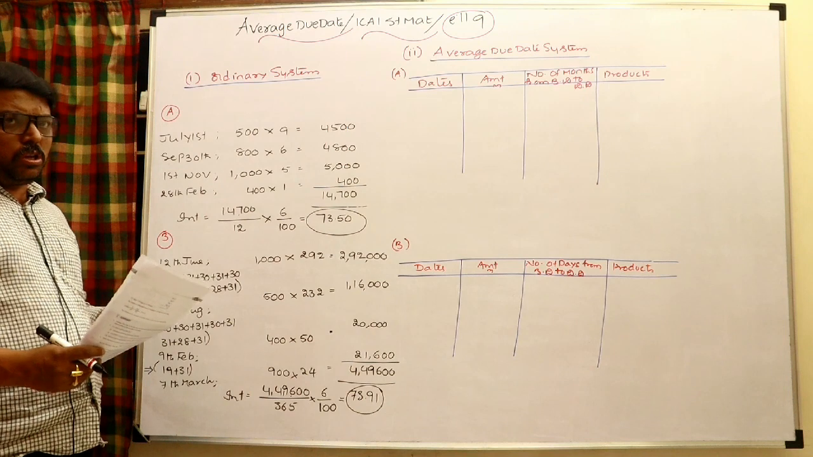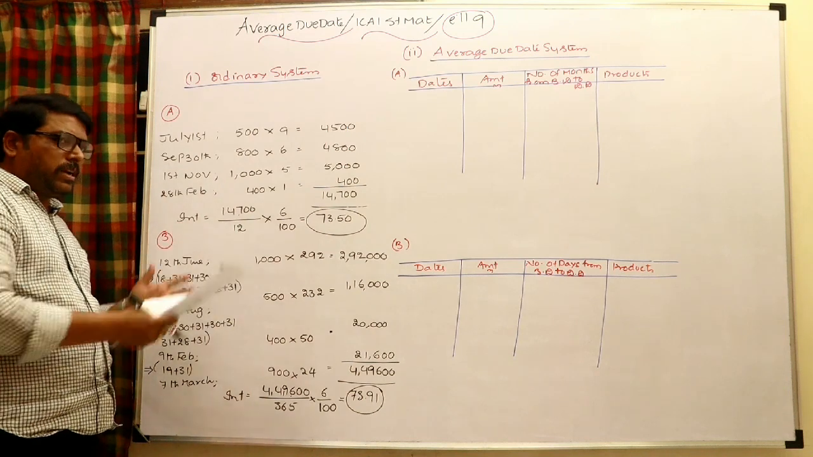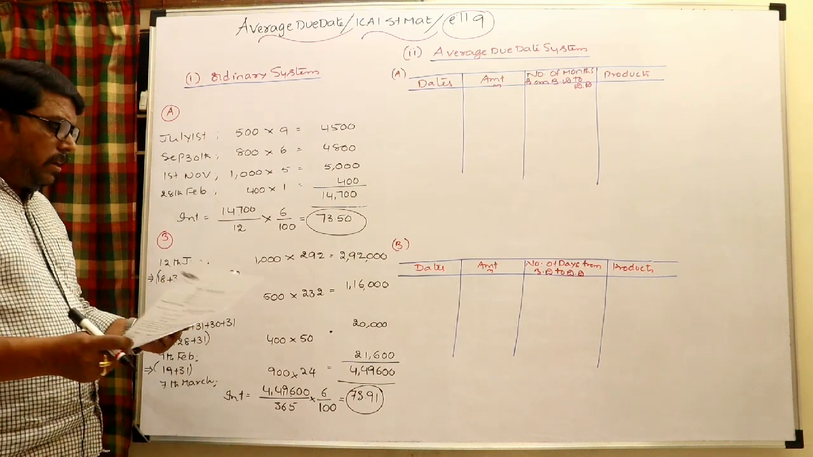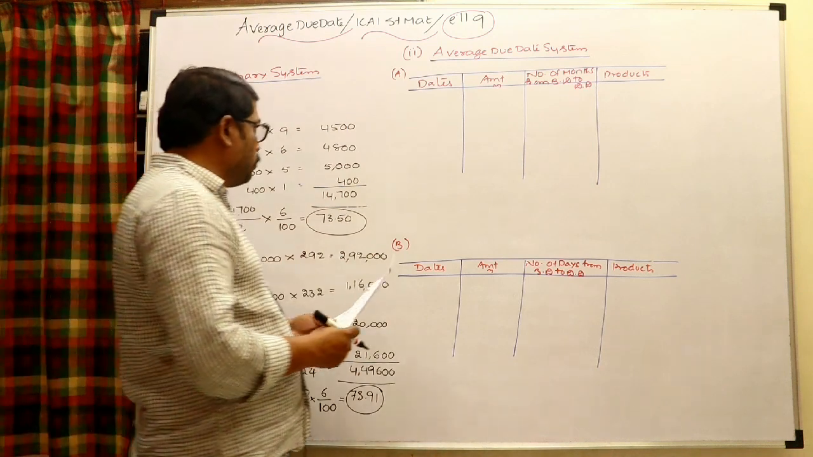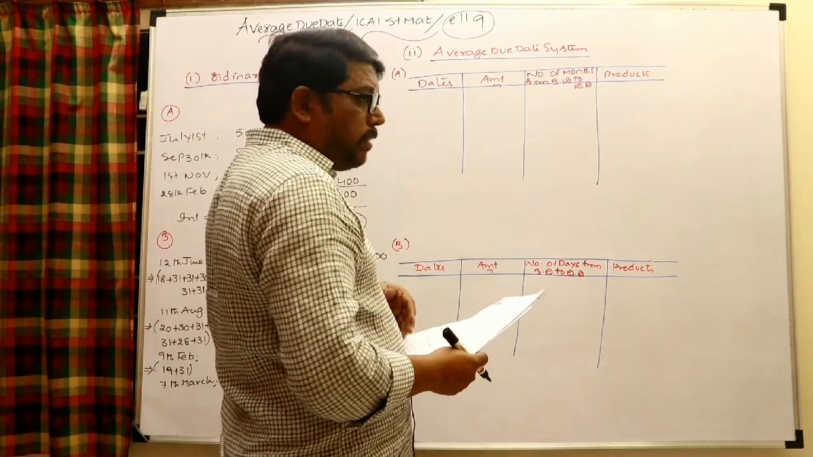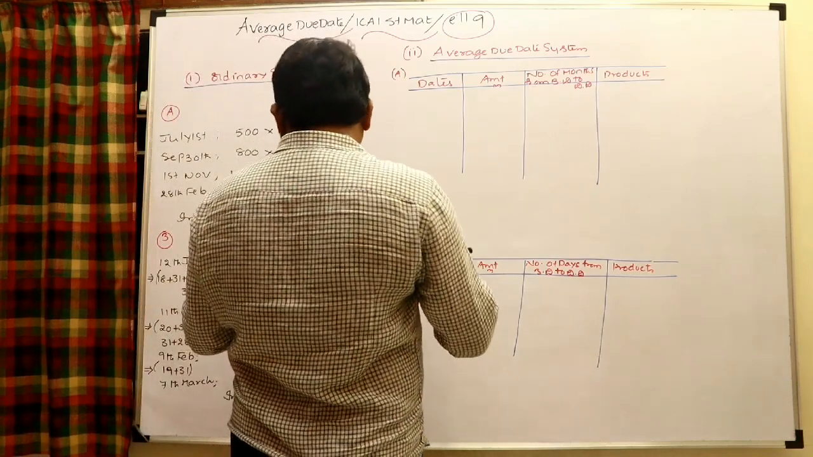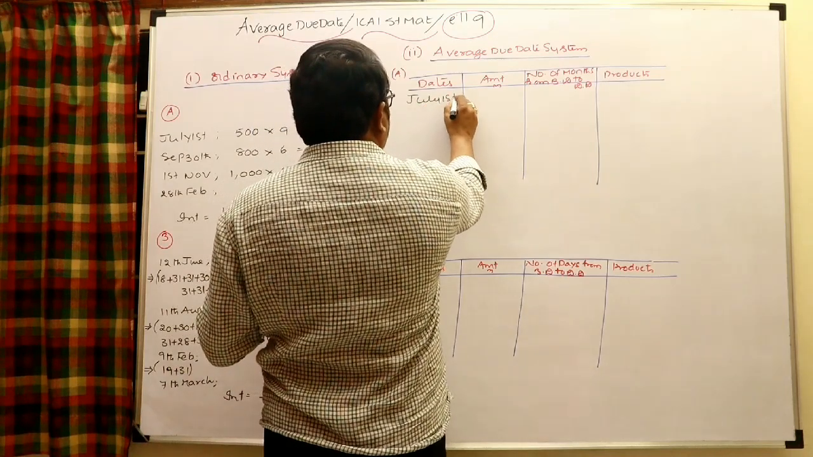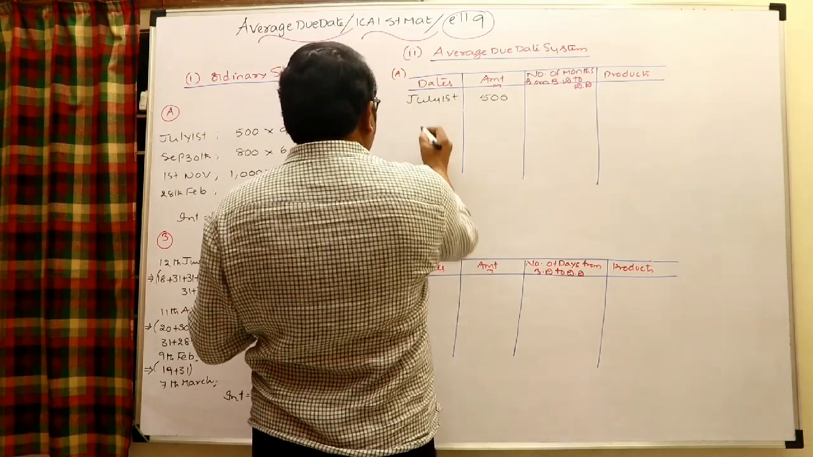Whenever a partner withdraws different amounts on different dates, you can multiply in this pattern, which is not the average due date method, in the normal method. And of course you can work out the same in the average due date method also. How can you work out in the average due date method? Let us come to the first A point of view. There are 4 transactions given. Take that. July 1st 500, September 30th